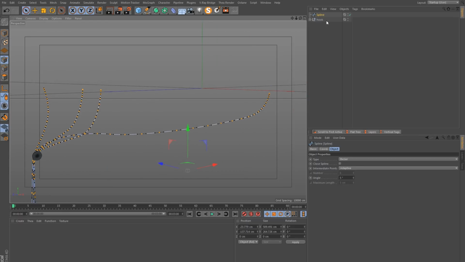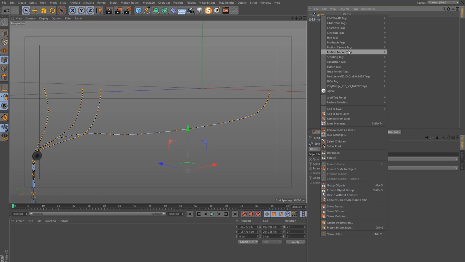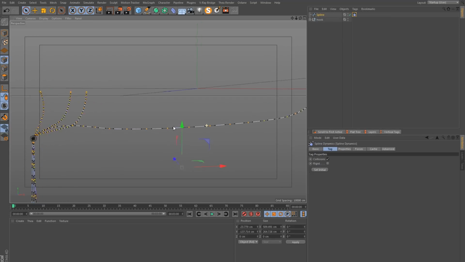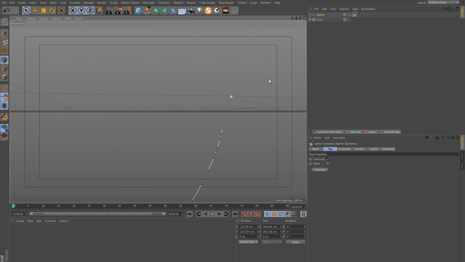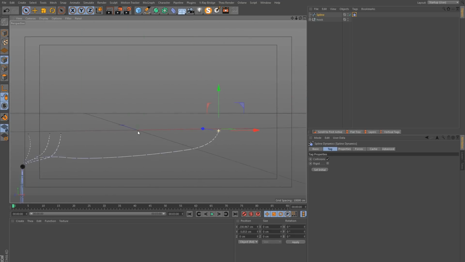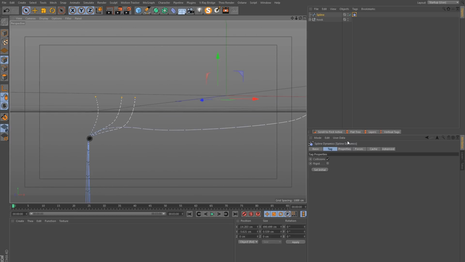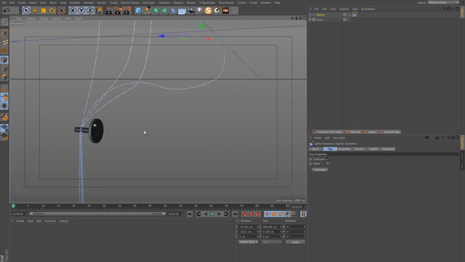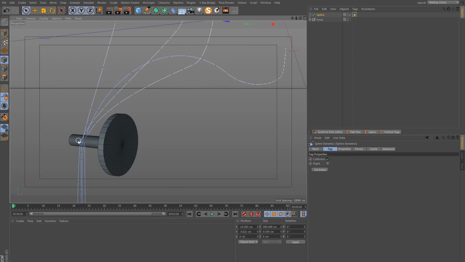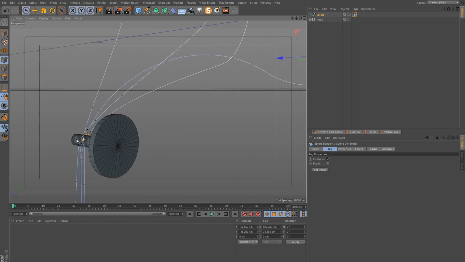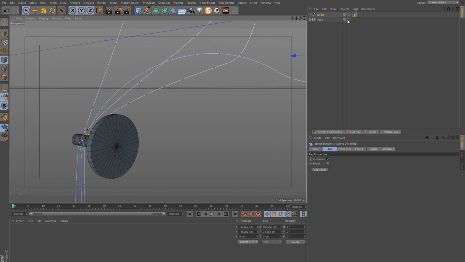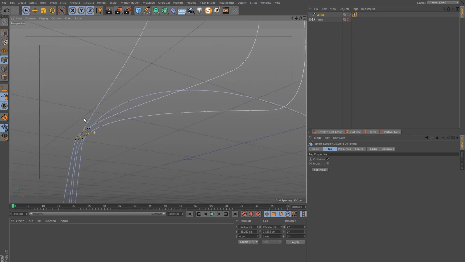And to do the simulation, I will go to the spline and hair tags, and we want spline dynamics. Okay, now if I select the first point on each of these, I will go to the hook, and I want to select these points around the hook as well, and just making sure I have all of them.